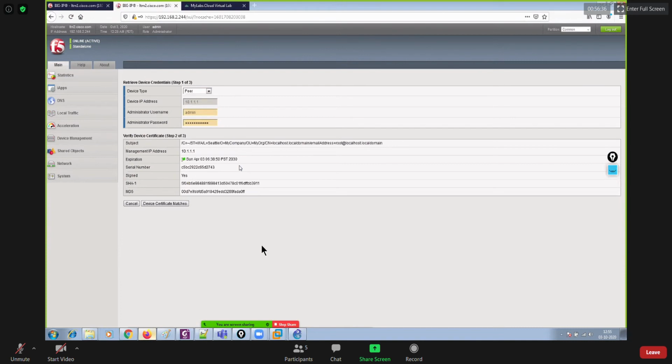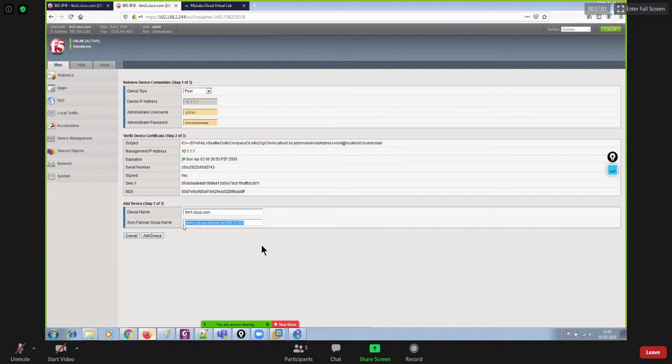So it has retrieved that. And thereafter, say device certificate matches. So we are using like self-signed certificate, right? So device name is LTM1, right? That's where we are going to add a device to a sync failover group. So by default, it has picked up its device group name as this.